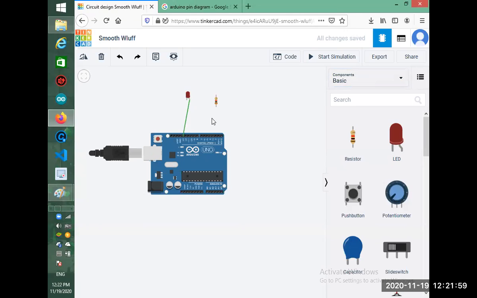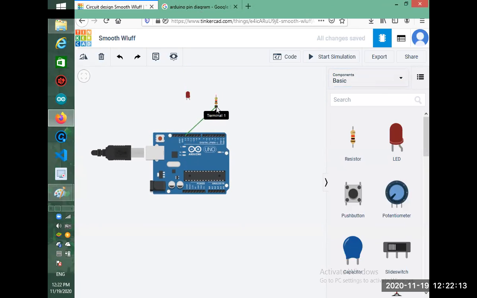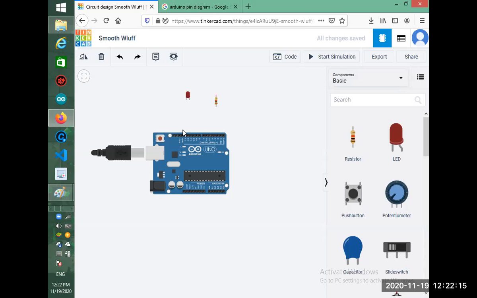We connect it with the resistor. The resistor terminal doesn't matter, it's the same from both sides. So we put a connection from here and connect it with the terminal.